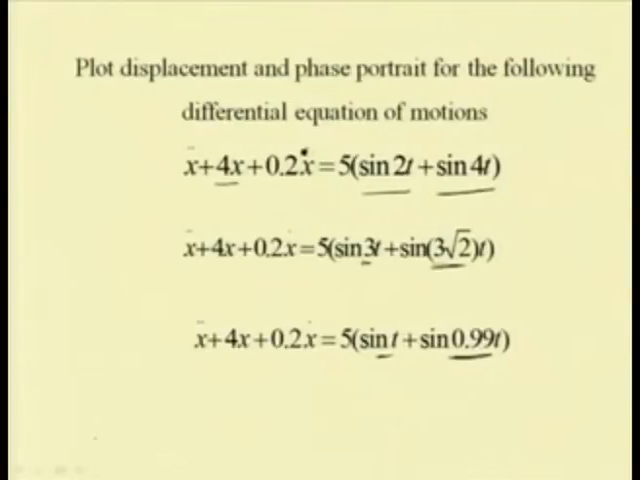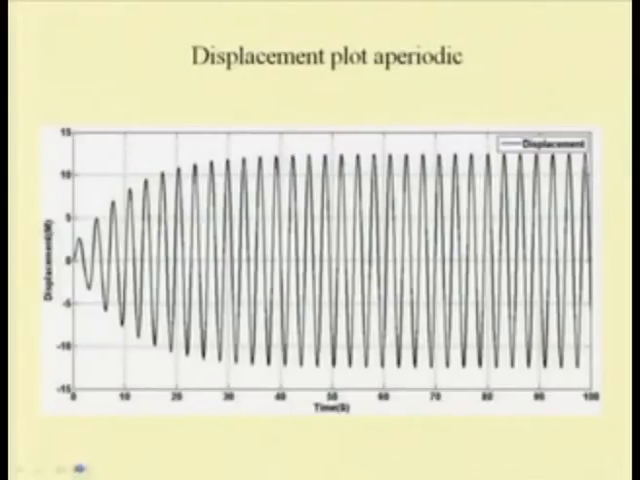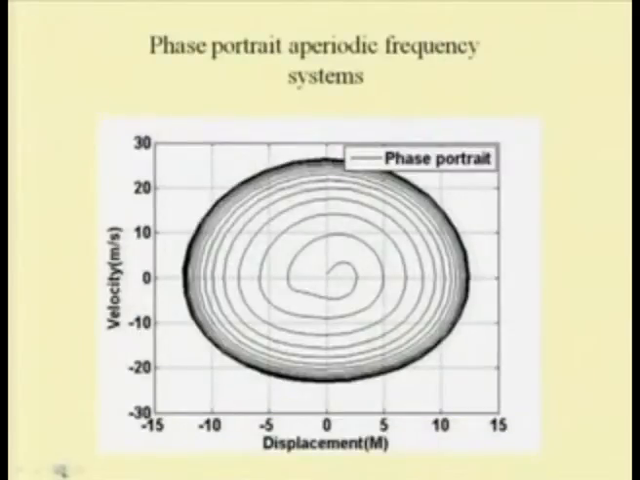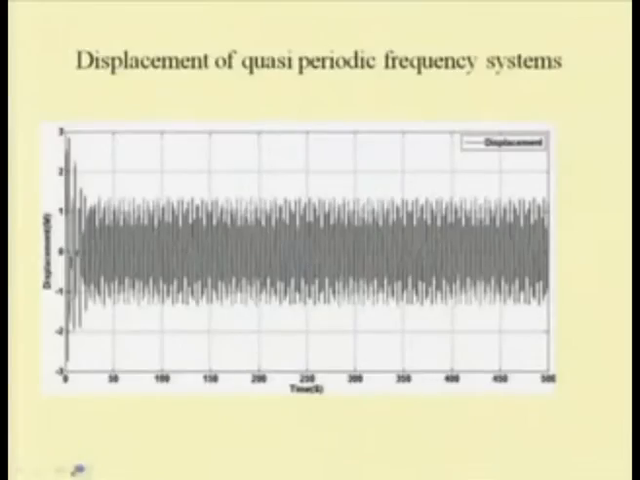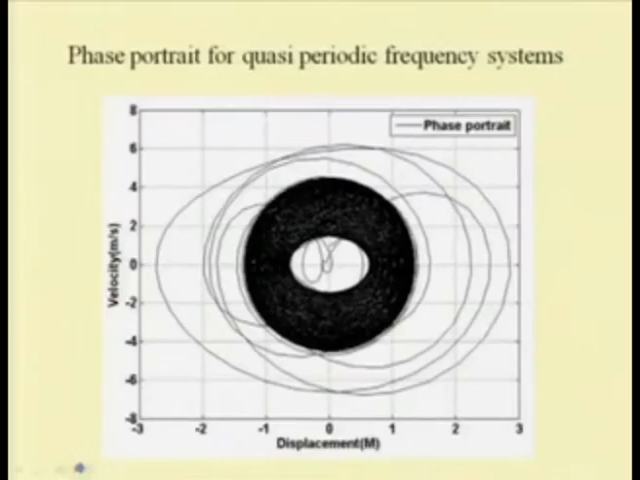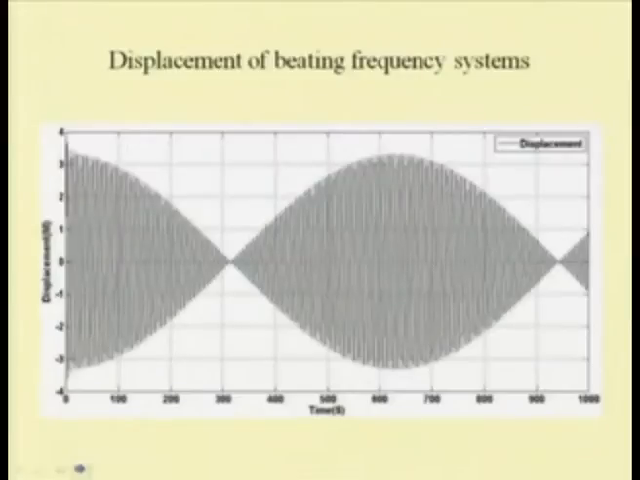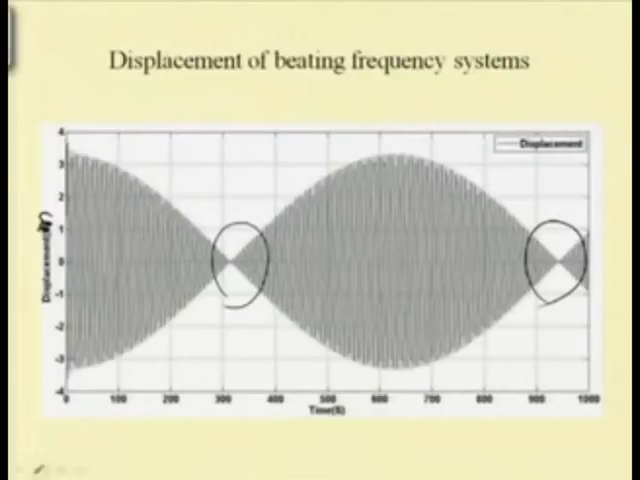So, by using this Runge-Kutta method, the response has been plotted for the 3 cases. So, this is the phase portrait and time response. This is the phase portrait for the quasi periodic response, and this is the response for the beating phenomenon. This shows the constructive and destructive interference, and when one has frequencies nearly equal, the beating frequency is 0.1. So, this shows the response,